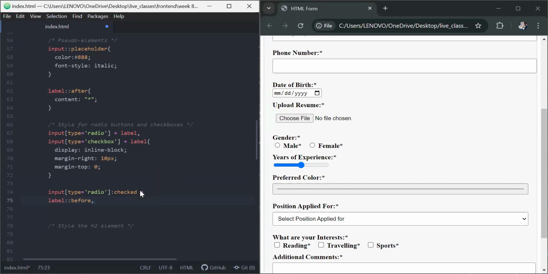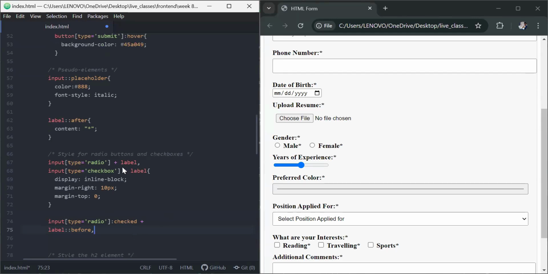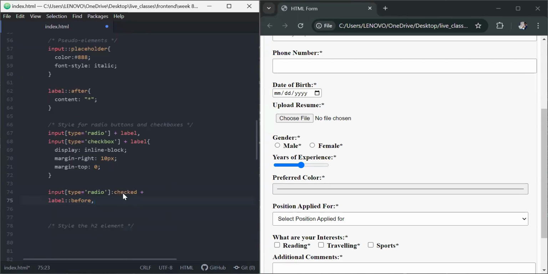Now this is just one selector. I've selected the input with the type radio, and I've added the pseudo class to it, because I want it to have a particular style when it's checked, just like we have for hover. When you hover over a particular element, that's a pseudo class. So now we've added this for checked, when it's checked for radio,